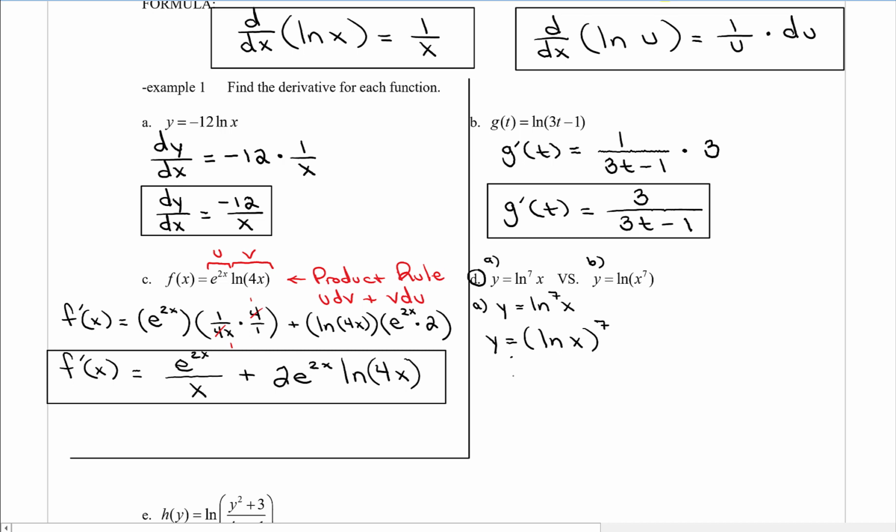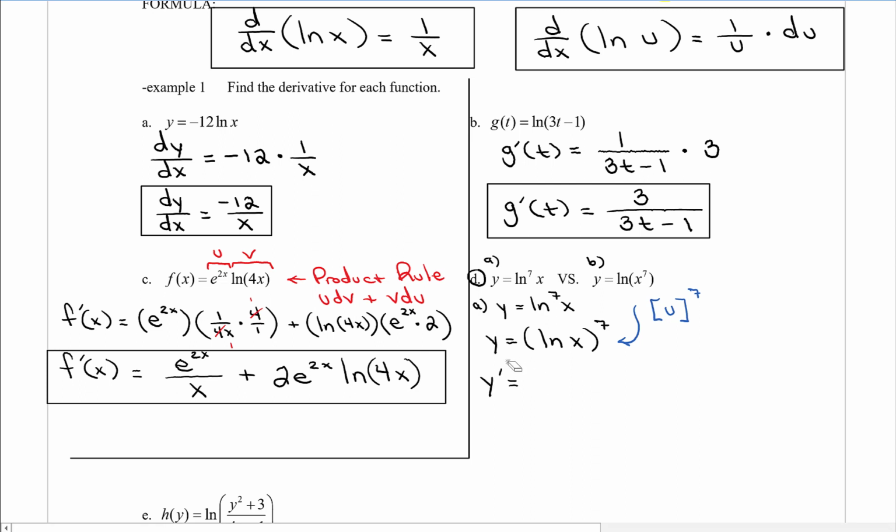I'm going to rewrite it as y equals, open up a set of parentheses, natural log of x, close the parentheses, and then raise to the 7th power. So it's a little clearer as to what we're working with here. I'm drawing an arrow pointing down towards the equation I just wrote down, and I'm going to write here, open up a set of square brackets, u, close the square brackets, raised to the 7th power. We're going to call the natural log of x